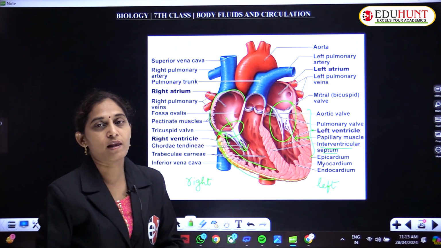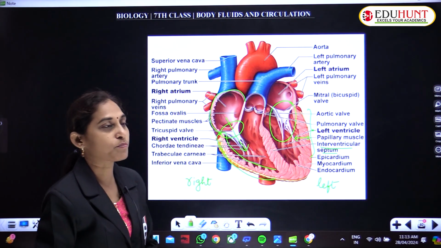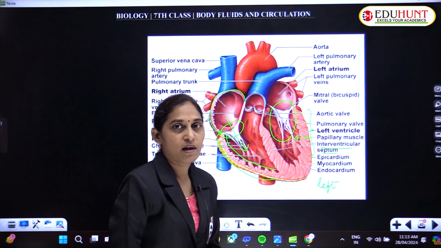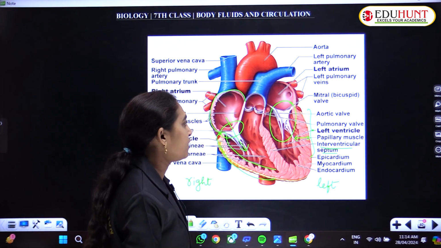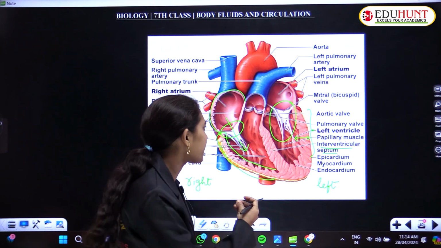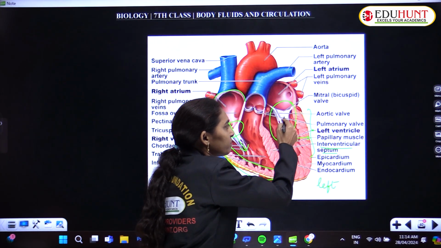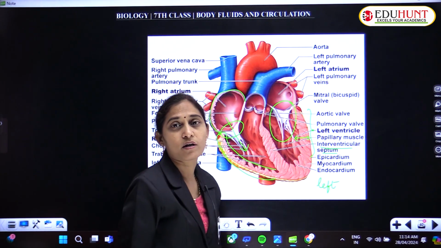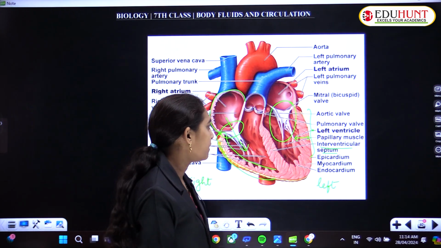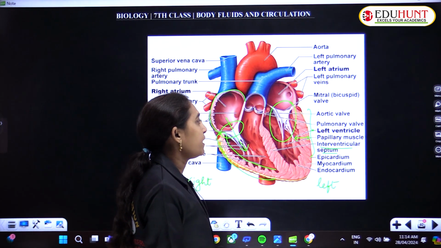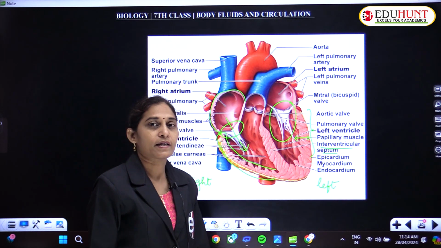2 ఫ్లాప్స్ ఉంటాయి వాల్వ్లో. This is called the bicuspid valve. ఈ బైకస్పిడ్ వాల్వ్కి అటాచ్ అయ్యి వైట్ పోగుల్లాగా కనబడుతున్నాయి కదా ఈ ఫైబర్స్ లాగా, that is called chordae tendineae. ఈ కార్డే టెండెనే దేనికి అటాచ్ అయ్యి ఉంటాయంటే